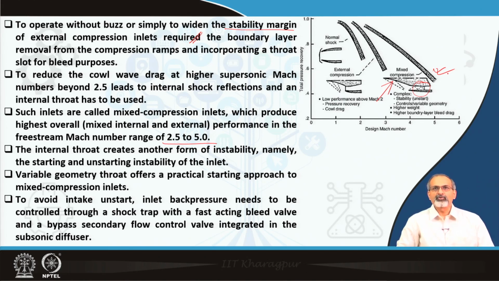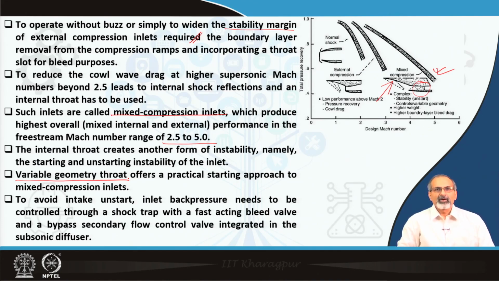Of course, by then the total pressure recovery has also dropped quite a bit, but you can imagine that if you were using the other two options in this Mach number range, there would have been further dramatic reduction in performance. So, the mixed compression intake does pretty well in this comparatively higher Mach number range. The internal throat creates another form of instability, namely the starting and unstarting instability of the inlet. A variable geometry throat offers a practical starting approach to mixed compression inlets. So, a variable geometry throat would undo such disadvantages